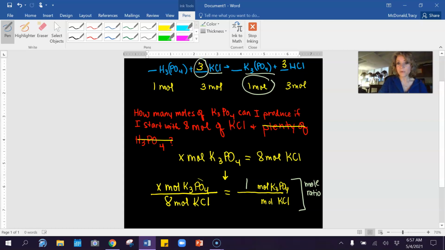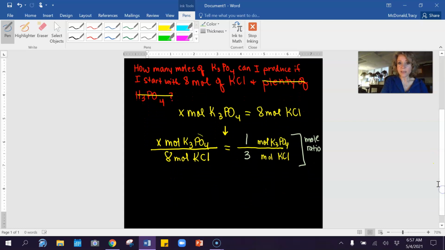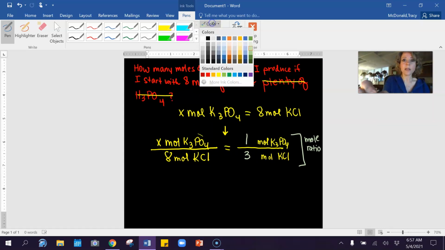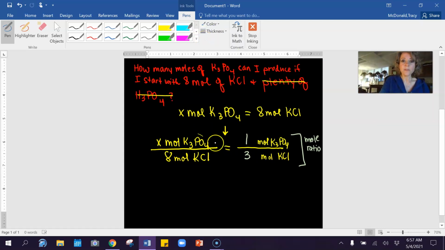So I have 3 moles of potassium chloride there. Now, in order to solve for x, I need to cross multiply and divide. So x times 3 is 3x, and that's going to equal 8 times 1, which is 8. To solve for x, or to isolate x, I need to divide both sides by 3. And x is equal to